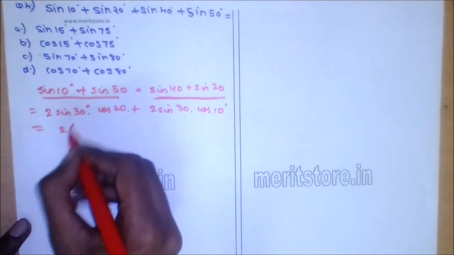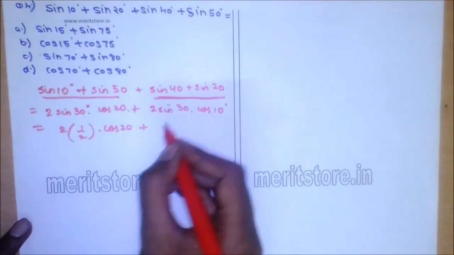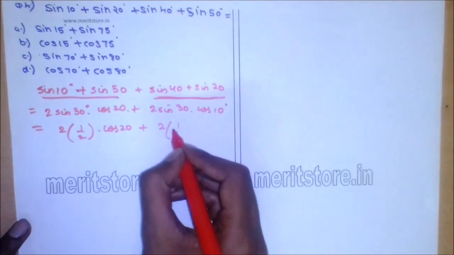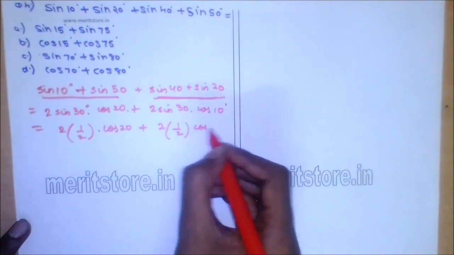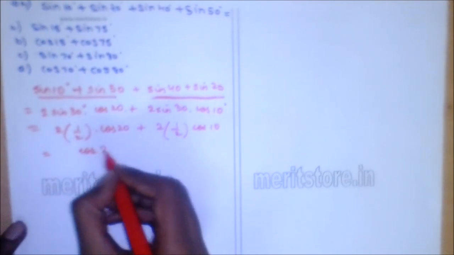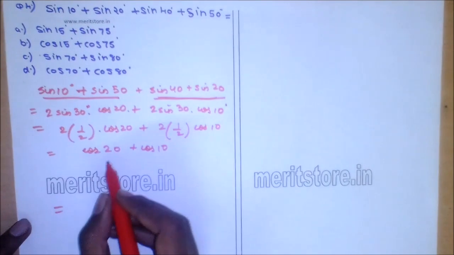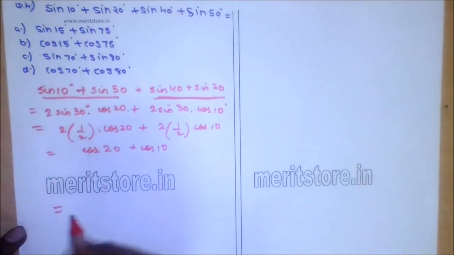Sin 30 is half, so 2 into half cos 20, plus again sin 30 is half, so 2 into half cos 10. This is equal to cos 20 plus cos 10. Now we apply the cos A plus cos B rule, so we get,